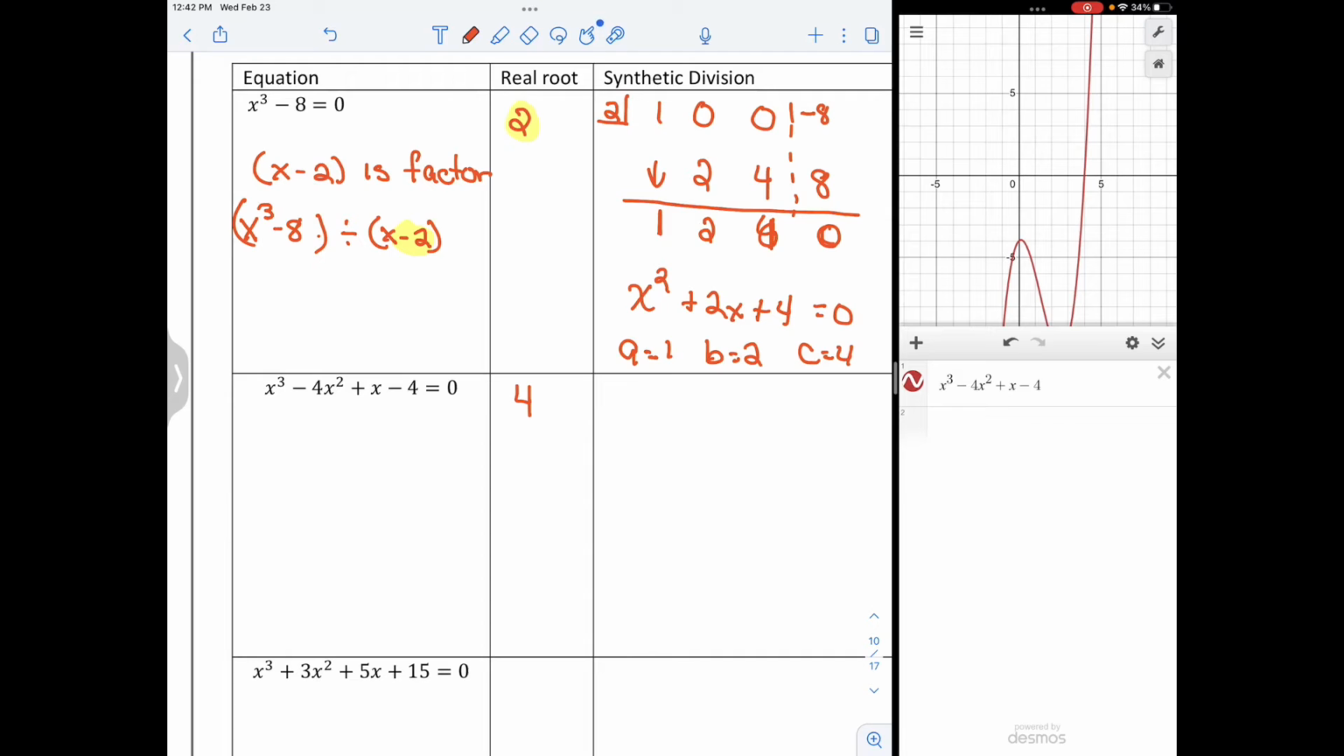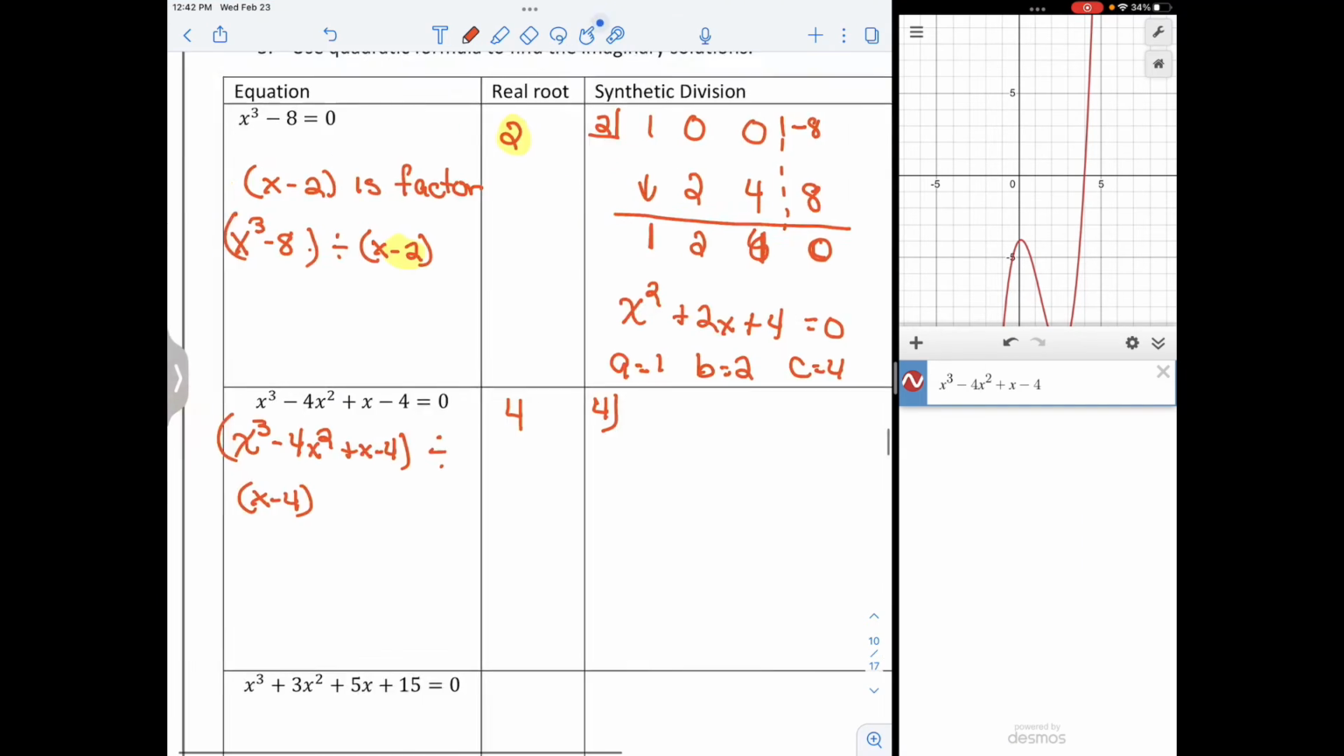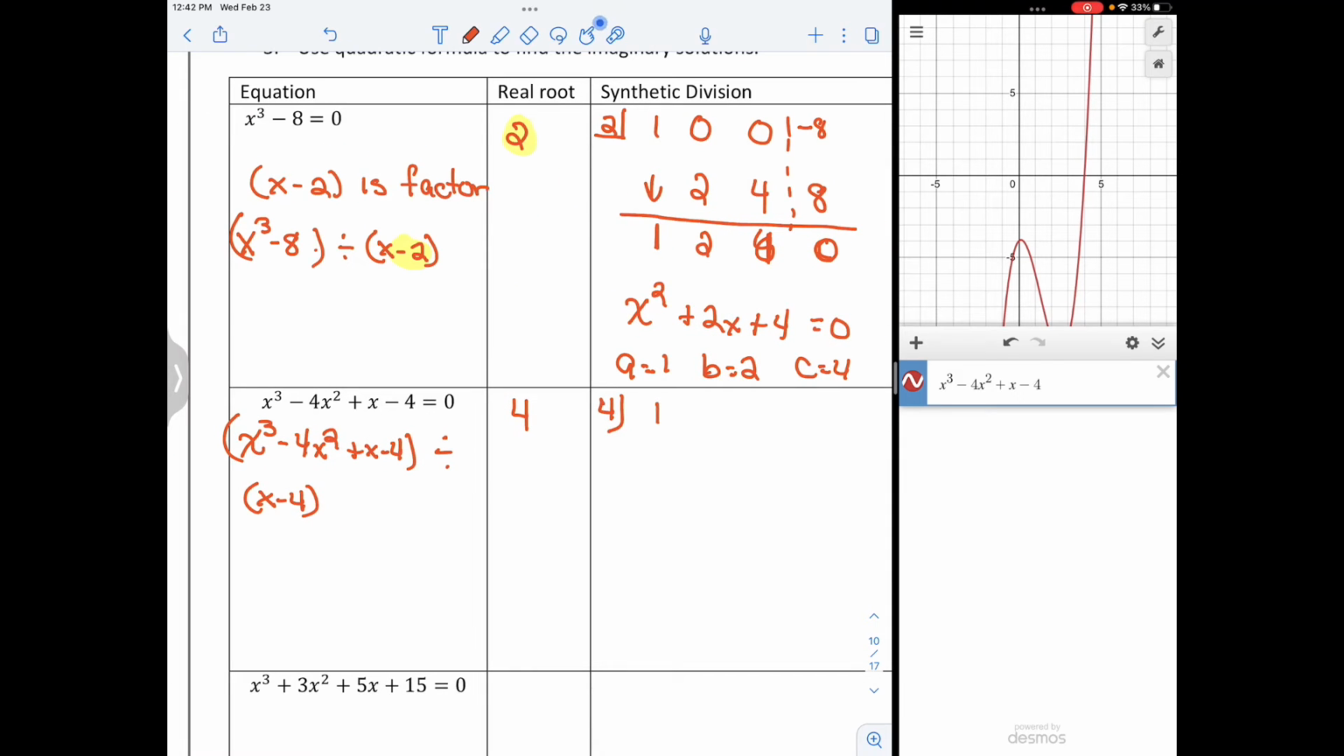So that means that x minus 4 is a factor, and I can divide this by x minus 4. So once again, I am going to do my synthetic division. I put my little 4 in a house here, and then I write my coefficients: 1, -4, 1, -4. I bring down the 1, and if I've done this correctly, I should get a remainder